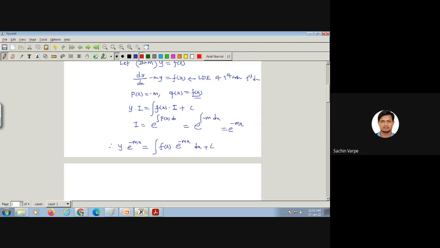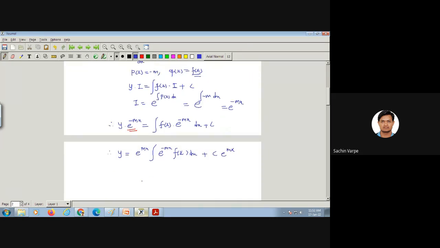So when we take this exponential function onto the right hand side, what will I get? Therefore y is equal to 1 upon e to the power minus mx, that will be e to the power plus mx, integration of e raised to minus mx f of x dx plus c e to the power plus mx. Yes or no? So actually this is the complete solution of the homogeneous differential equation, and if you look at this,